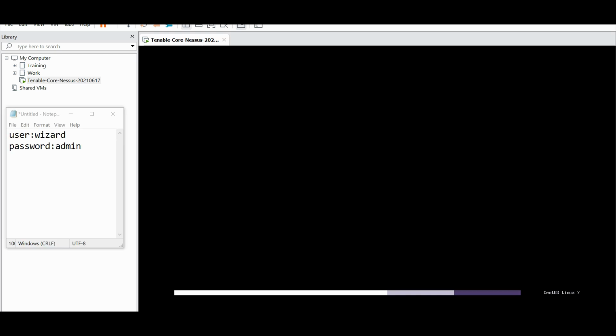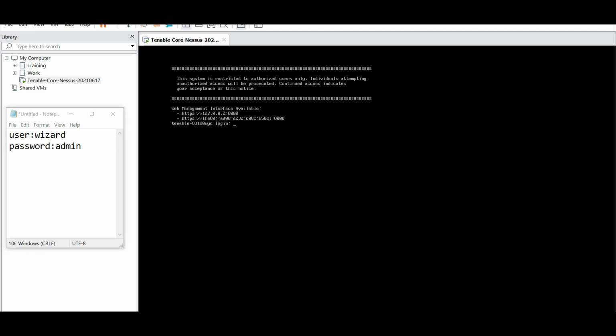As you can see here on the screen, it's based on CentOS Linux 7. In my notepad here, I typed the default username and the password. So this is the default username and password for the OS. We will use them for the first time, then we will change them to something else. This is the default from the Tenable installation. As you can see here, it did not get an IP address from the DHCP, so we will log in with